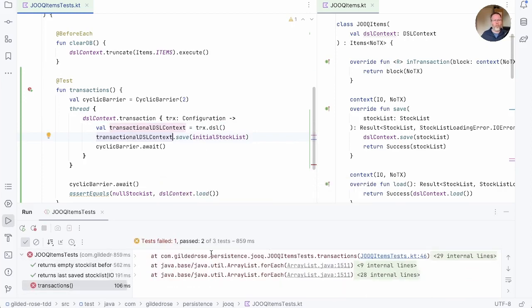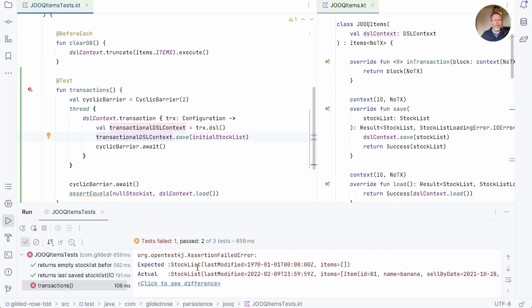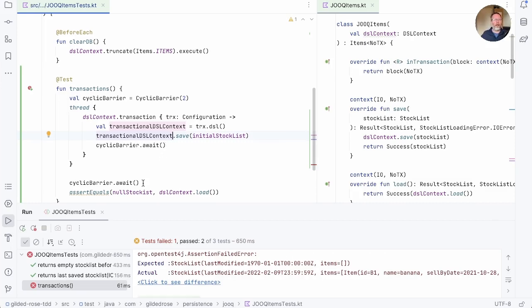Okay, we're not quite there. We're still seeing this modification. I think the problem here is that we're waiting here and here, but as soon as this code is let go, it can save and exit the transaction before this load down here gets to load. So I think what we're going to do is wait twice. We wait in this barrier again and run that,